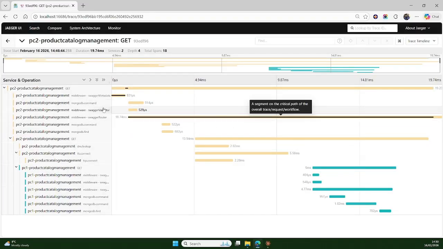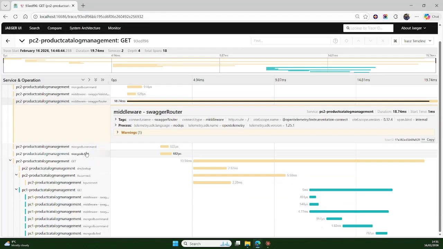You can see here that I did a get on the product catalog management API, and there's multiple steps. This is a trace of what's going on inside of that component. But correctly, at some stage, the product catalog 2 component actually called the get on the product catalog 1 component, because it is using this dependent API. So we can see from this observability telemetry that the dependent API is actually working in practice, and the telemetry events coming from the components